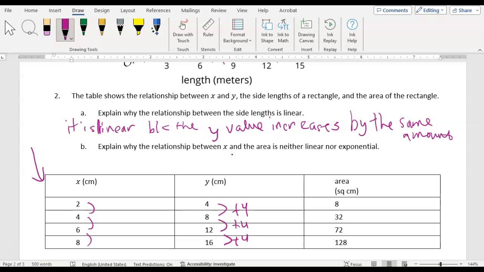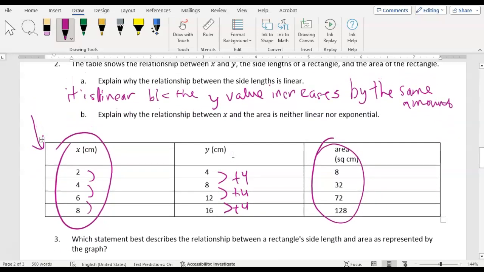And then explain why the relationship between x and the area is neither linear nor exponential. So the area and this relationship is neither linear nor exponential because it increases and then decreases. We also notice here we are not multiplying by the same number each time, nor adding by the same number